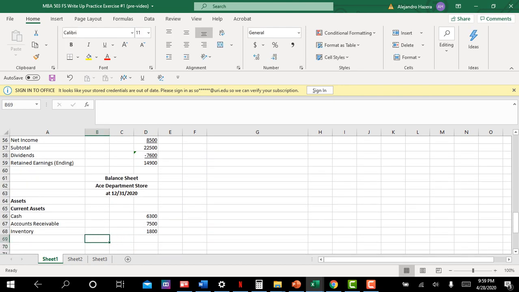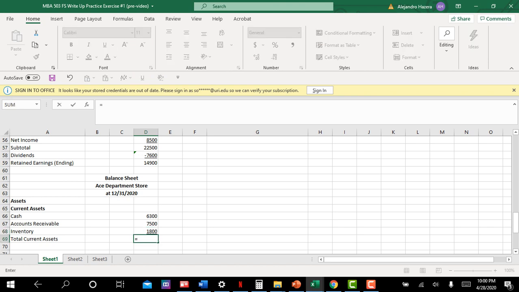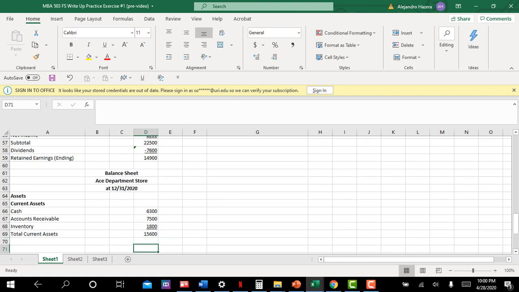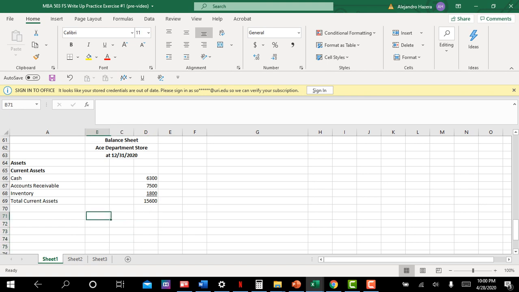Okay. So I'm going to call this total current assets. And I'm just going to subtotal this. So your total current assets are going to be equal to your cash plus your accounts receivable plus your inventory. So that's your total current assets. Now I can actually move it out here. It's not a big deal, but that'll make my addition easier. Okay, so there's your current assets. Now I'm going to put in non-current